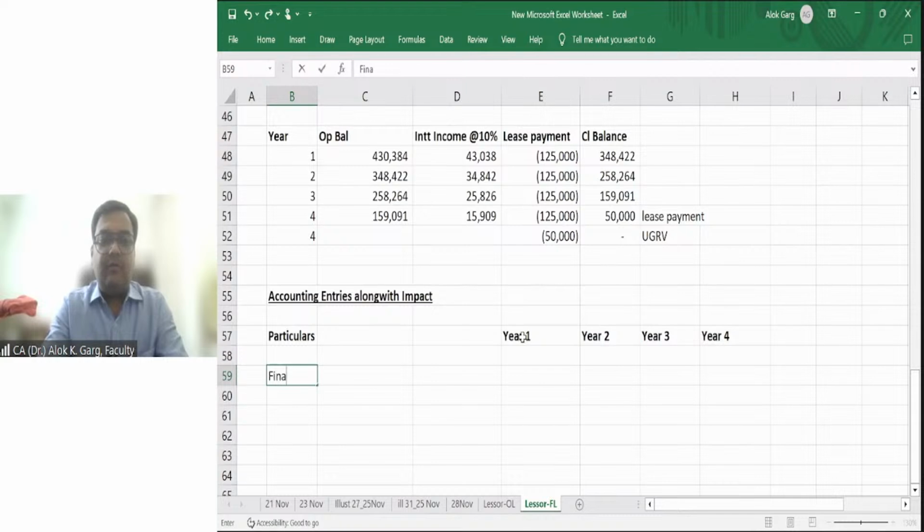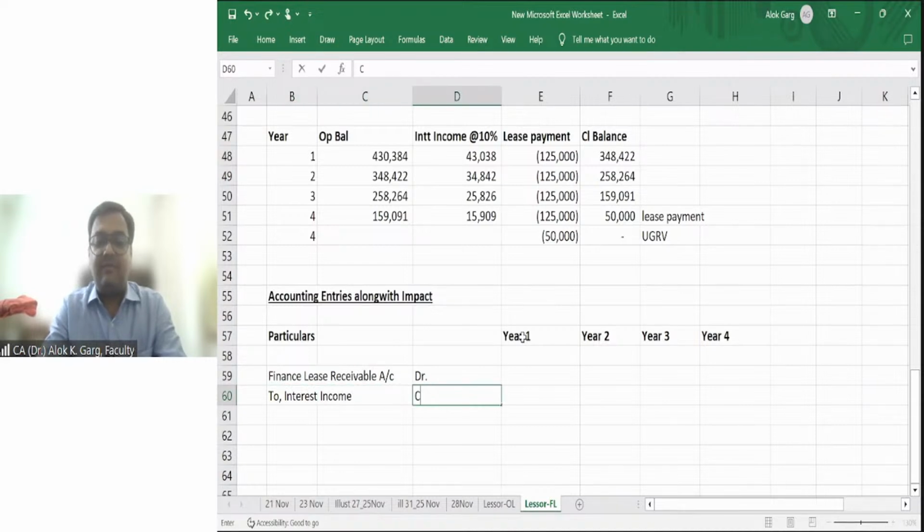First entry, finance lease receivable account debit to interest income. This will go to the P&L, and by this entry, your finance lease receivable balance will go up,